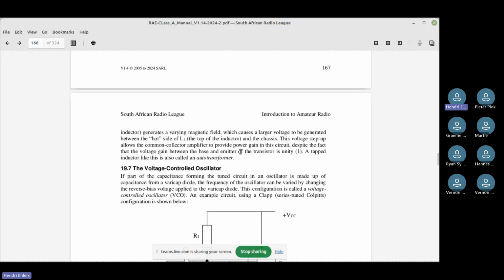Okay, and then they say it's also called the auto transformer. So we must know that it's a center tap transformer or center tap inductor, and it's also known as an auto transformer.